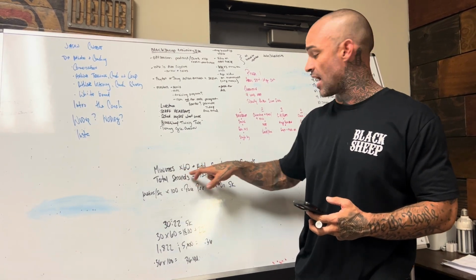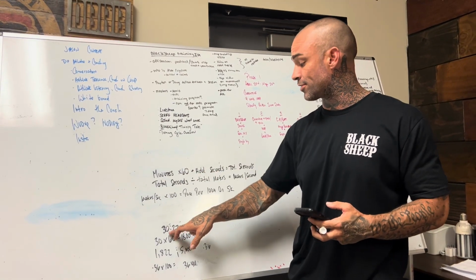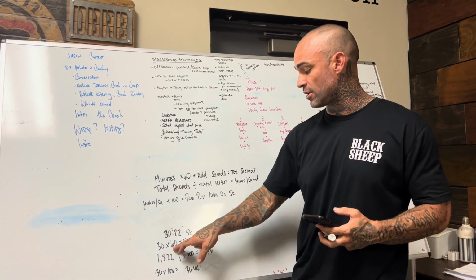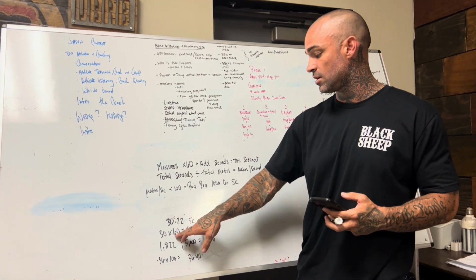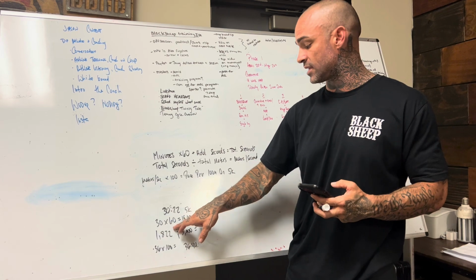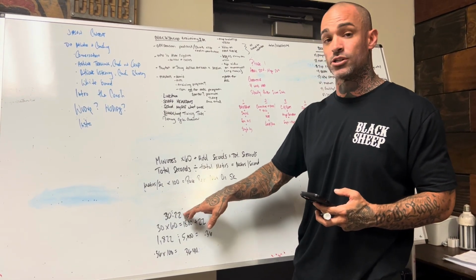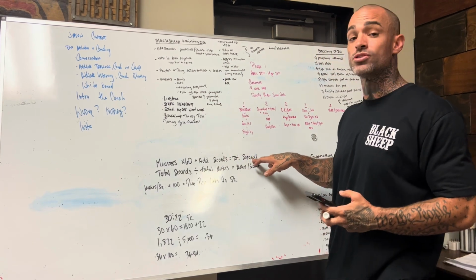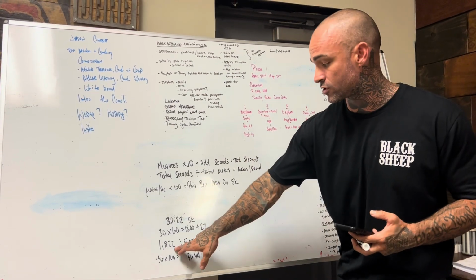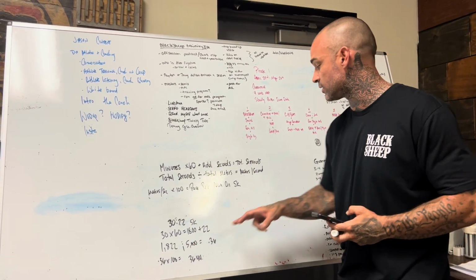how many minutes it took you to do it times 60, and if there were any additional seconds, so if somebody did it in 30:22, you would multiply 30 by 60, minutes times 60, that's how many seconds it took this person to do it, plus 22, which is the additional seconds. So that's your total seconds, which for this person would be 1,822 seconds that it took for them